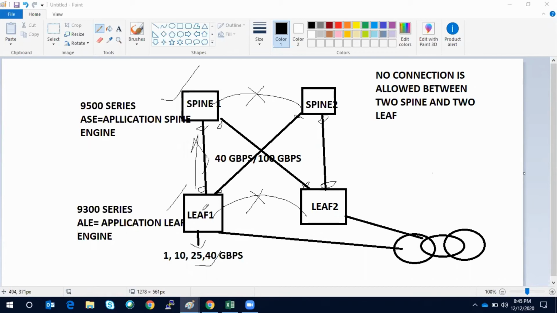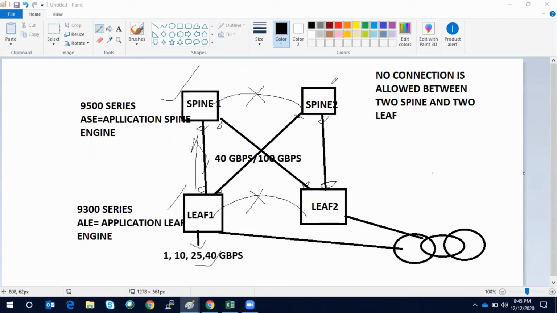So yes, it will go from the leaf to the spine and to the leaf actually. So basically the fabric itself acts as a keep alive link and the peer link. All the heartbeat will go from here, to the spine. So both leaf will come to know about each other that they are alive.